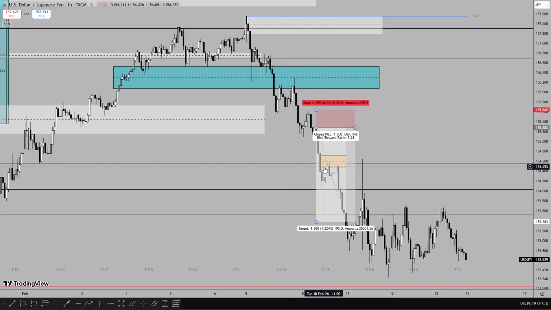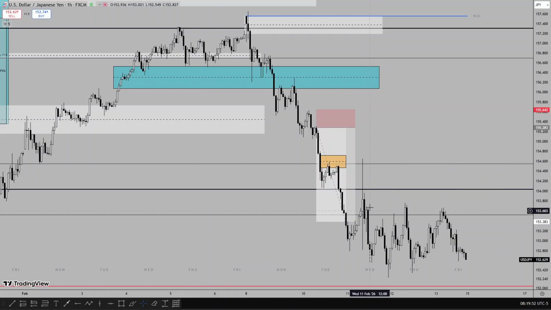So after price took out the swing low, I took a sell, anticipating price to fill in the daily fair value gap. Price filled in the daily fair value gap, which created my trade profit, a 5.2 hour trade, held to the complete target. On Wednesday, there was a retracement to the daily fair value gap, using it as an inversion fair value gap to trade lower.